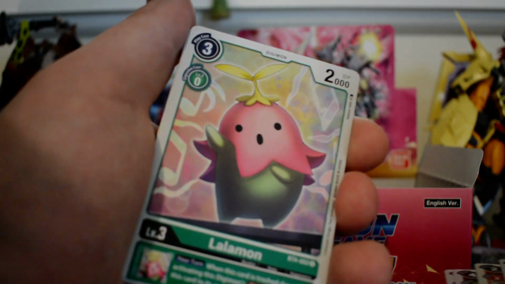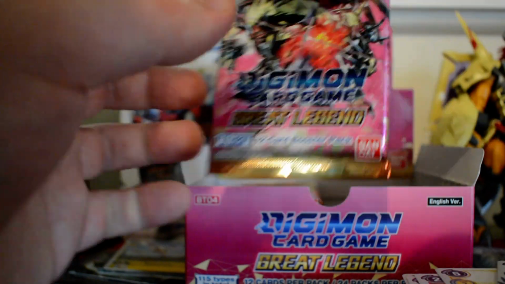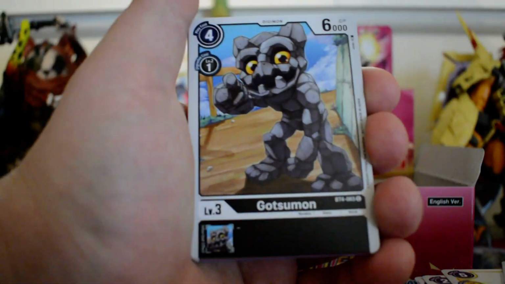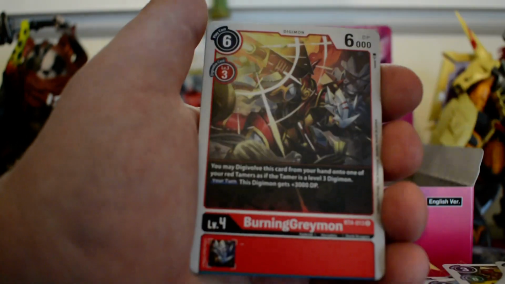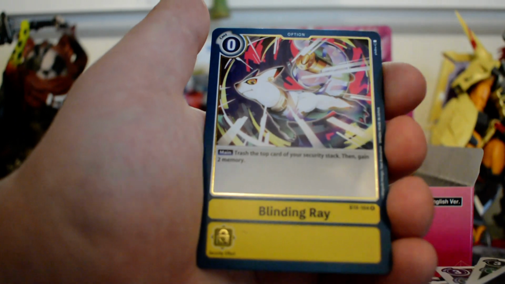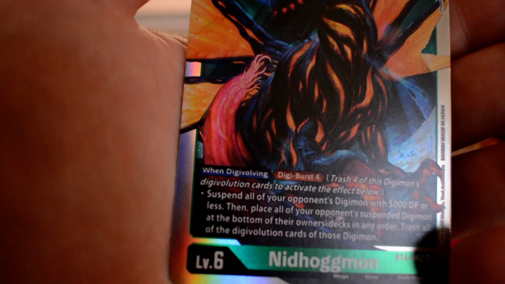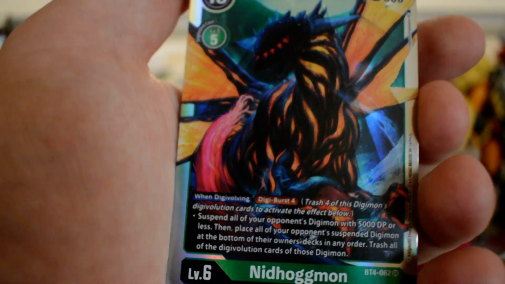For those that weren't in the know, this set is the one that introduced Digibust. And Digibust is basically remove X number of cards. It is usually stated next to the skill, how many cards you need to discard, and oh my god, Digimon. So let's see if we can get in here. Alright, so you can see Digibust 4, so you have to trash 4 cards from your Digivolution stack in order to...